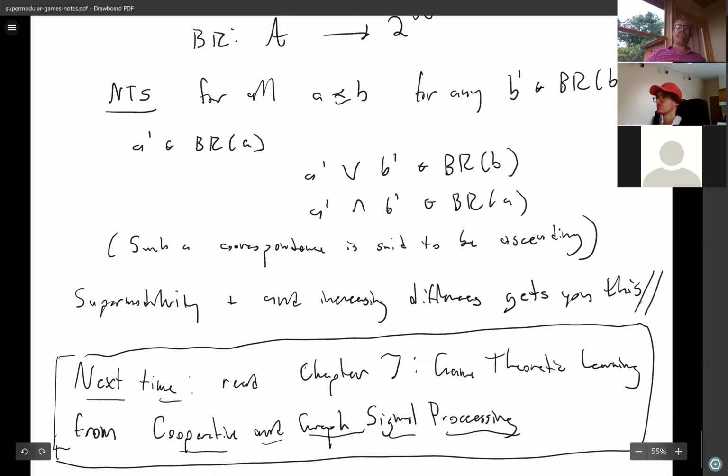So in reading for this, I had an idea of something we could all read. But maybe I'll end up posting about this, and then we'll see if this is something good to read. But there's this new textbook called Cooperative and Graph Signal Processing that's really good, and it has a chapter on game theoretic learning. And I probably can share